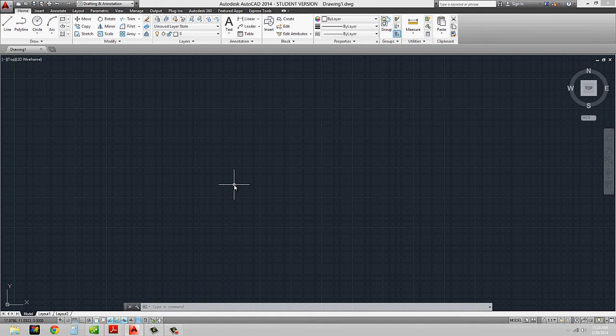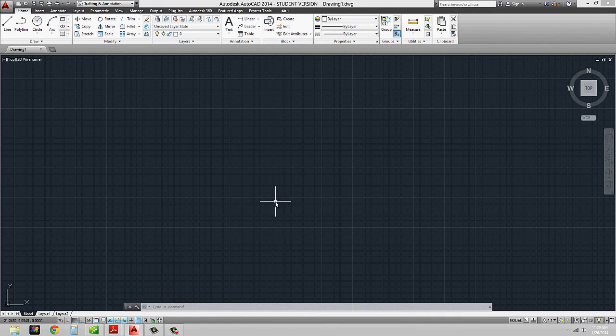What we're going to do now is look at a couple different ways of working with the tools in order to create what we want. We started to work with some of these tools up here to create our lines, our rectangles, and our circles for the homework from last week. But those aren't the only ways of doing things. I always say that with AutoCAD, there are many ways to skin a cat. No offense to cats, but basically there are many ways to do things, and it really just depends on your preferences and getting to know the tools and what they do.